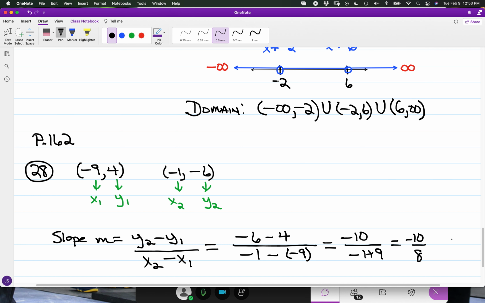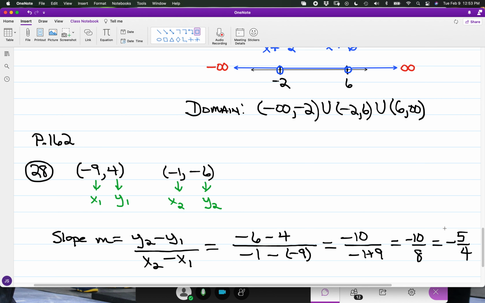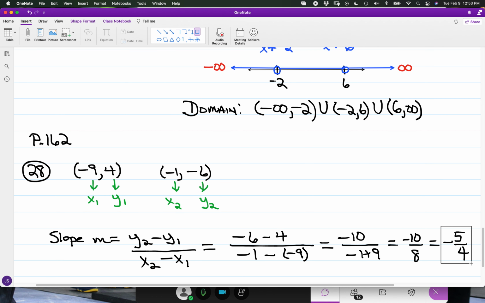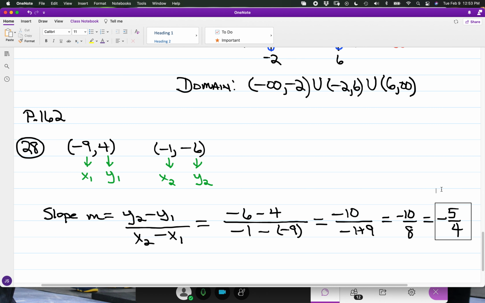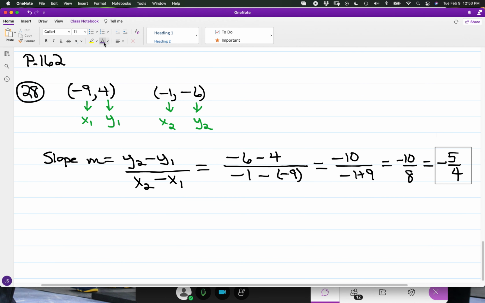With the ratio, this comes out to -5/4. So the slope is a negative ratio, -5/4. You have a pattern in terms of motion: reading in order from left to right, you'd be going down 5 units and shifting over to the right 4 units. Now, for the case of 33,